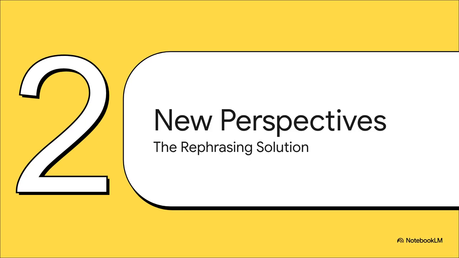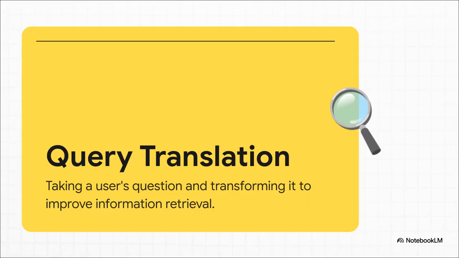So, what's the solution? Well, it's actually a pretty elegant one. What if the AI didn't have to rely on just that one shot you gave it? What if instead, it could automatically come up with a few different ways to ask your question, approaching the problem from multiple angles all at once? This whole idea is part of a bigger category called query translation. And it's exactly what it sounds like. You take the user's original question, you transform it, and by doing so, you dramatically boost the odds of finding